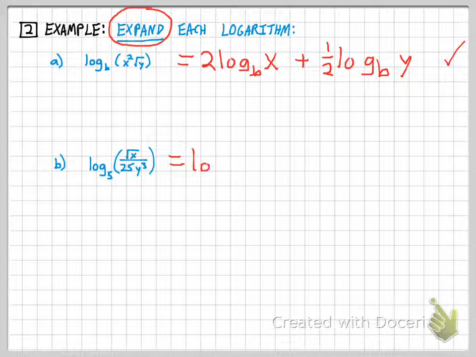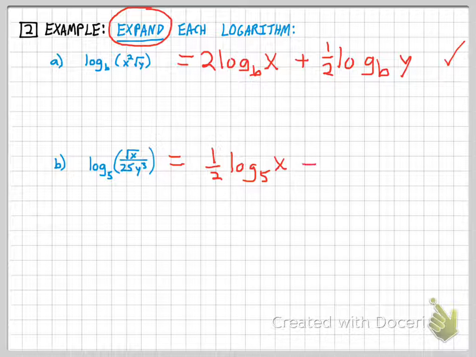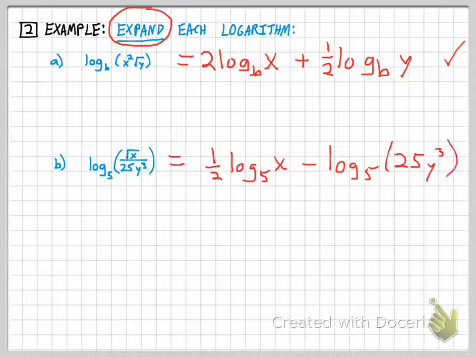I have log base 5. This time I have, actually let me back up. I have a square root of x, and I'm going to rewrite that as log base 5 of x with a 1/2 out in front. And the other part of this logarithm is on the bottom, so you should recognize that as our quotient rule. I'm going to subtract log base 5 of 25 y to the third,